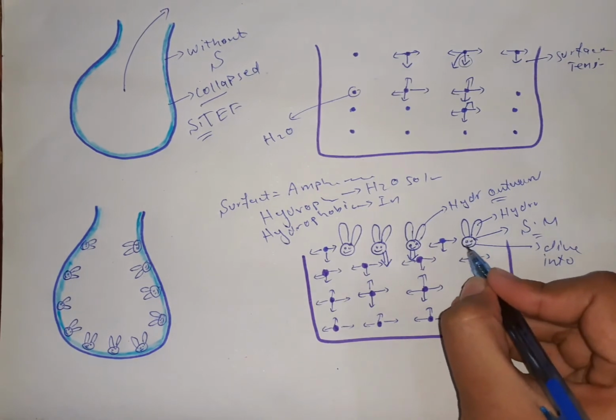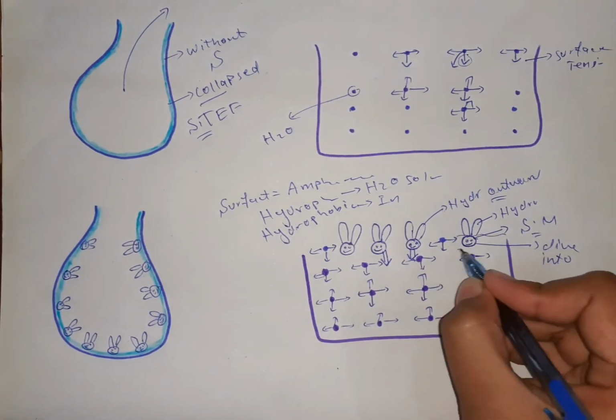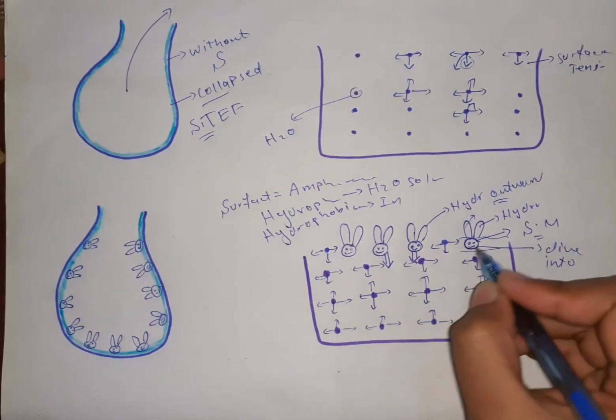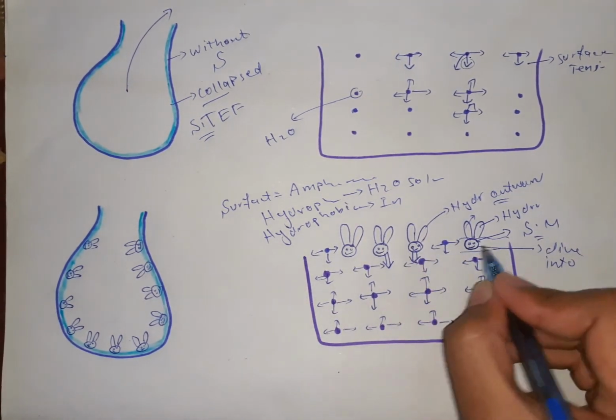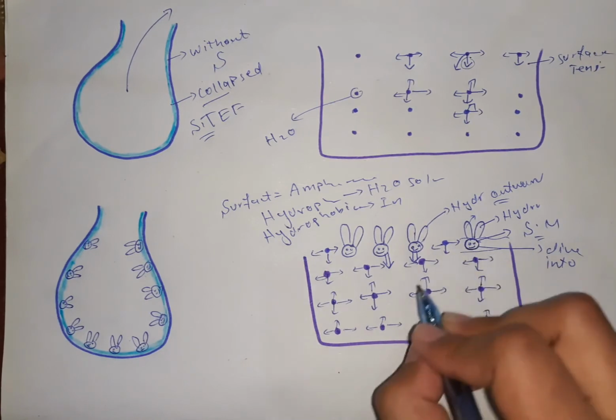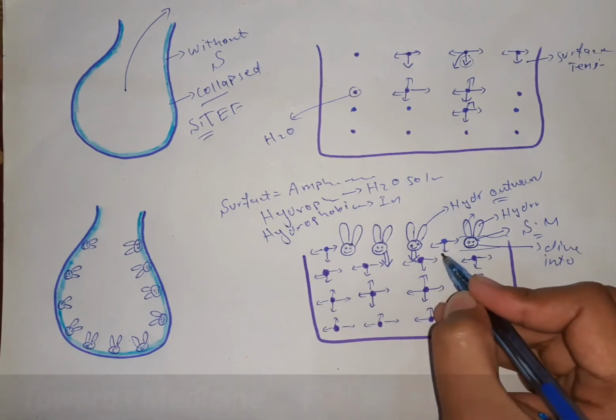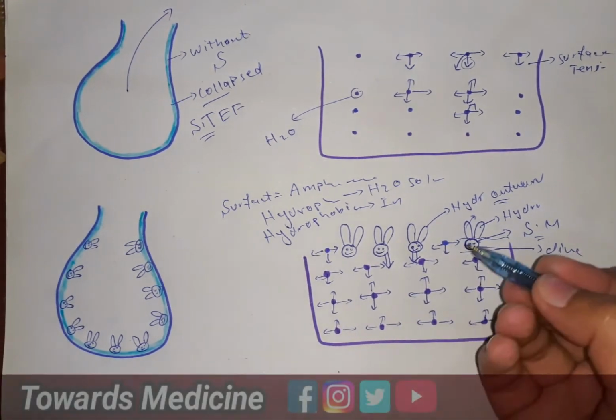Its hydrophilic region is soluble in water. This region is dispersed or soluble in water, but the other region does not allow it to dissolve completely. Due to this, it reduces surface tension greatly. And as the concentration of surfactant molecules increases, the water molecules on the surface decrease. As a result, surface tension is decreased even more.